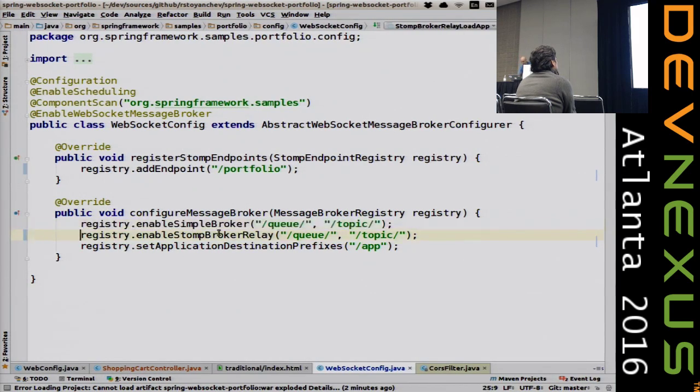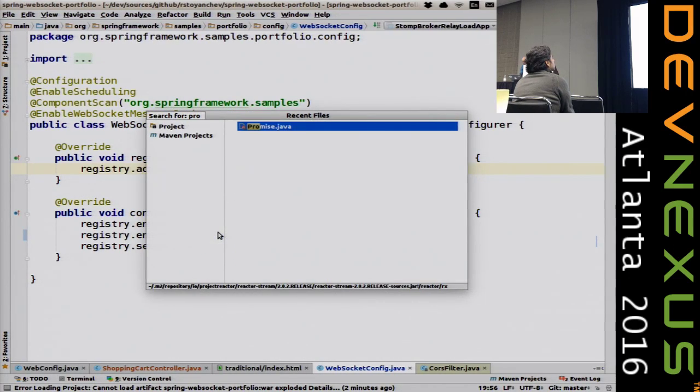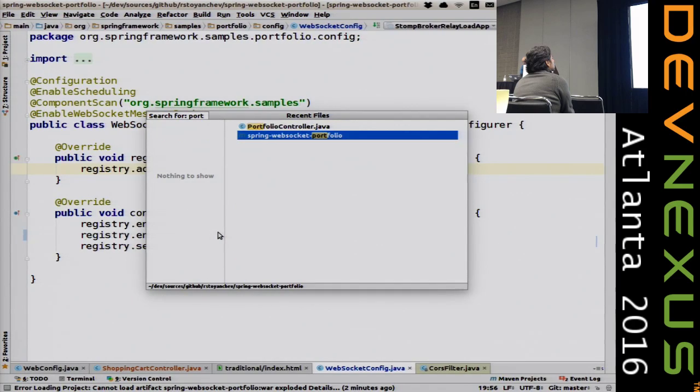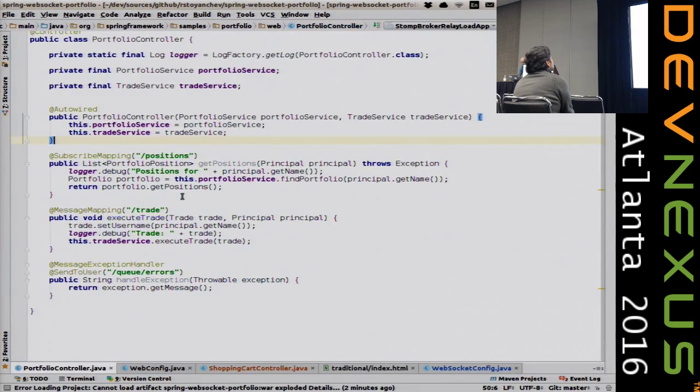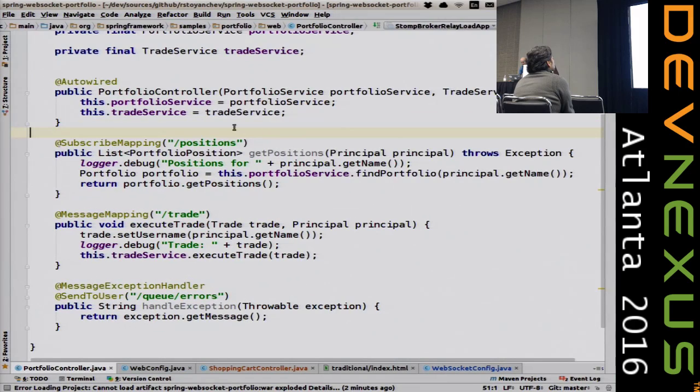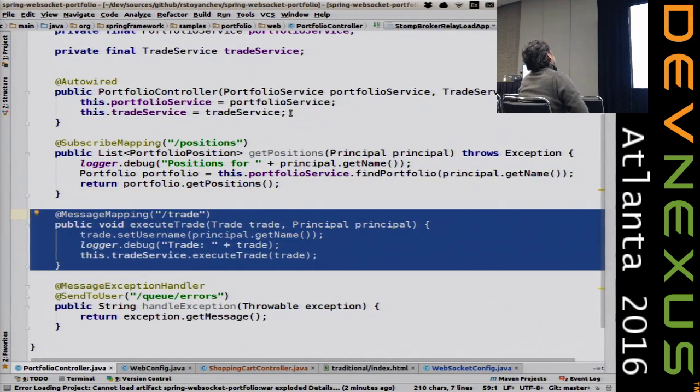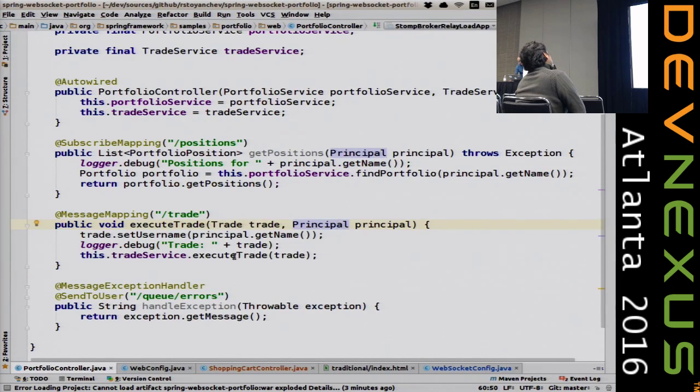So it's really easy to get started. And then if you need SockJS on the server side, you simply say with SockJS, and now the rest of your code works just the same. So for example, there is a portfolio. This is an example controller. And you can see that we have a mapping for a trade message. So this is where we execute a trade through a trade service. And if you look in the trade service,